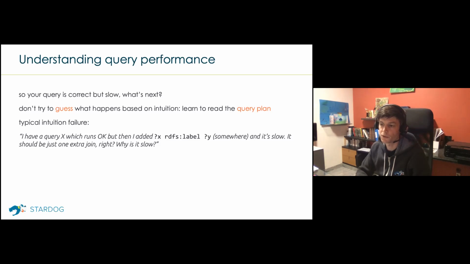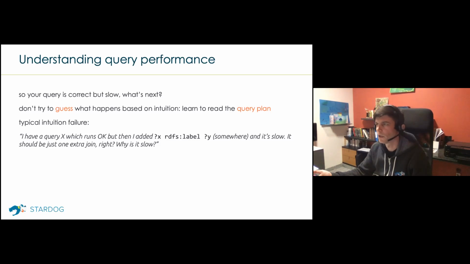So one typical intuition failure here is, so the story typically goes something like this. I had a query which was great, running fast. Then I added one pattern, like I wanted labels instead of IRIs. I put it somewhere in the query, and then it's very slow. Why is it very slow? It should be just one extra join, right? So what happened? And there's also the inverse version of the same